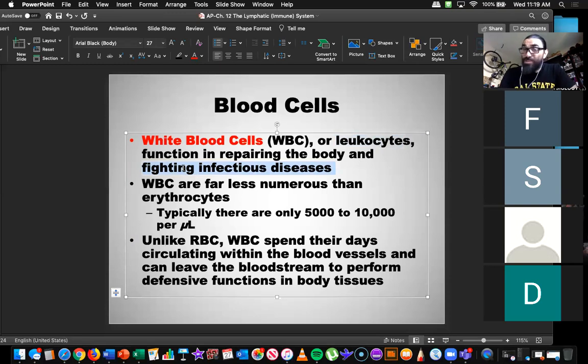They're not as common as red blood cells. Like you saw, there's a ton of red blood cells that us males have. White blood cells are less common, okay? And they're less common because we need them to be. Think about how medicine works, right? If you take antibiotics all the time, what do you think would happen to you?